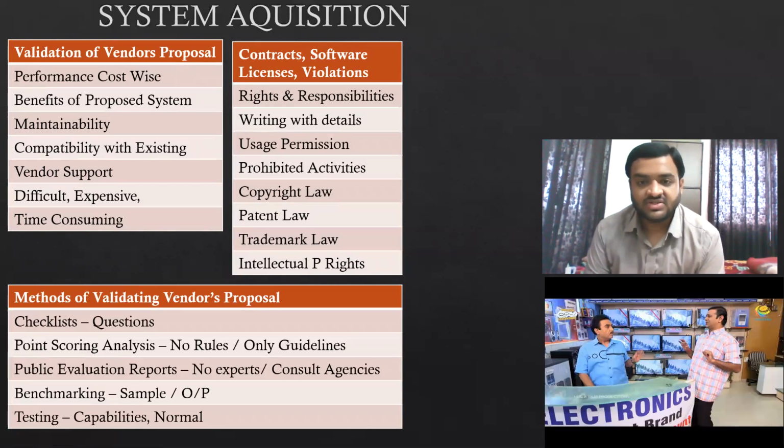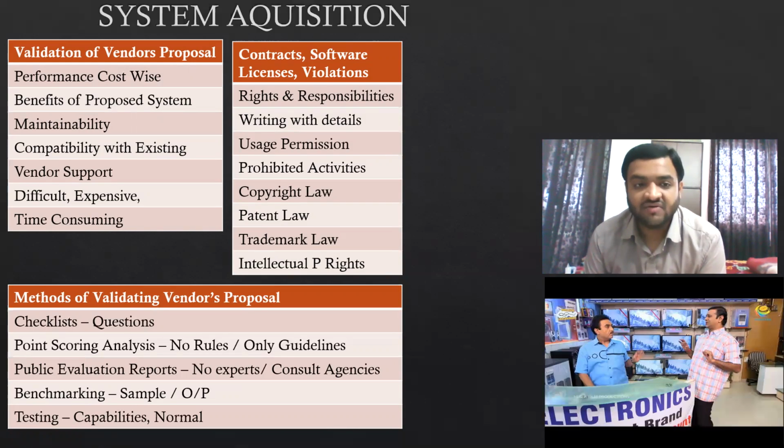Obviously, first you will compare the costs. After you compare the costs, you will analyze what additional features you are going to get if you pay this much amount more. For example, if you are getting all the functionalities in a mobile which costs only 6,000 rupees, you will see that if I pay 10,000, what are the additional features the vendor is going to give me for the extra 4,000? So you will compare the cost and the performance.